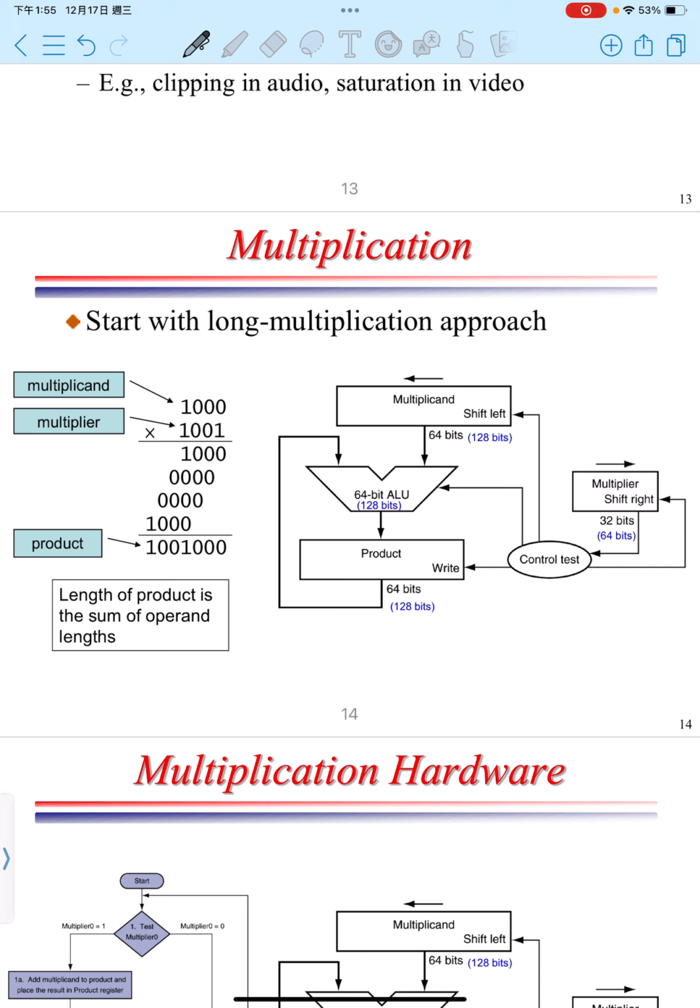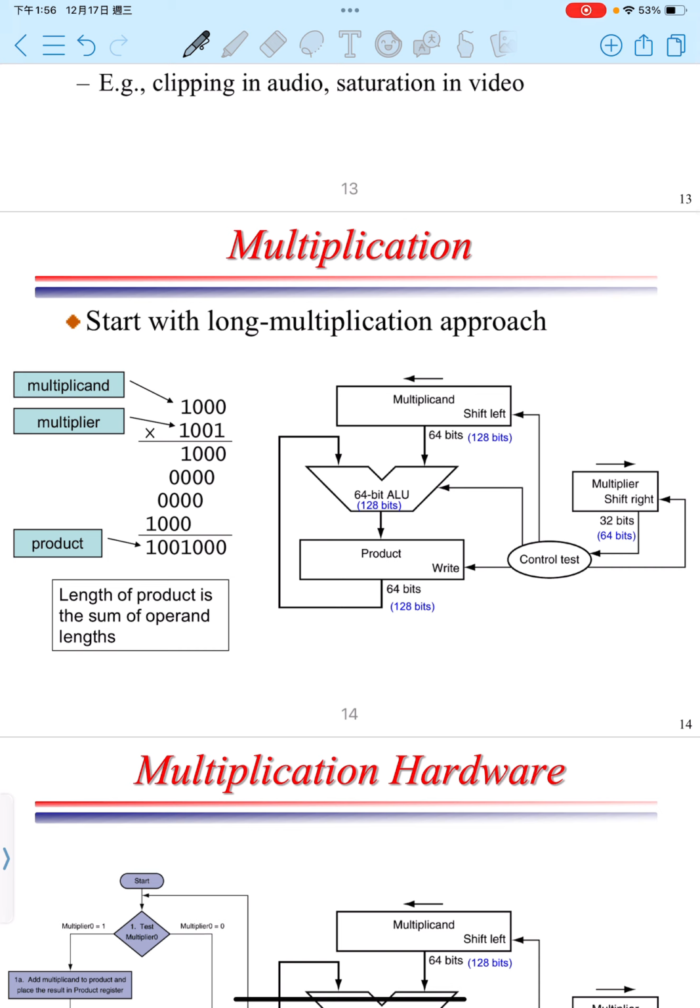0, 1. We multiply the multiplicand by each bit of the multiplier, starting from the least significant bit. If the multiplier bit is 1, we add the multiplicand to the partial product. If the multiplier bit is 0, we add 0. Each step also involves shifting, just like in manual multiplication. After adding all the partial products together, we get the final result, which is 1, 0, 0, 1, 0, 0,